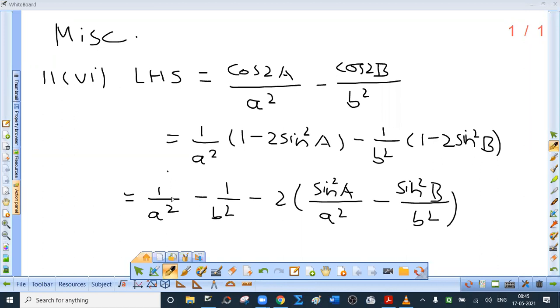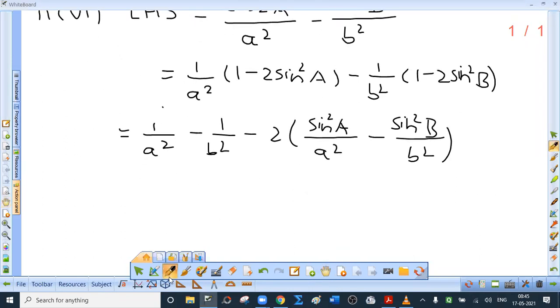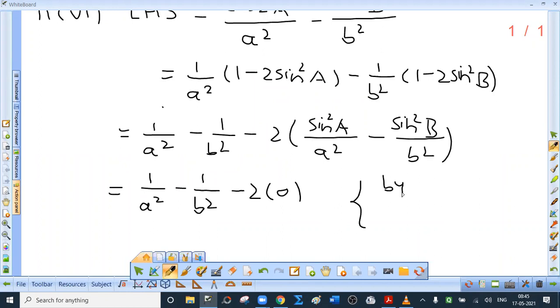So I have written this as 1 upon A square minus 1 upon B square. Take minus 2 common. So it will be sine square A upon A square. As I have taken minus 2 common, again it is in bracket minus sine square B upon B square. Next part is simple. I will directly write this as 1 upon A square minus 1 upon B square minus 2 times 0. Reason, by sine rule,